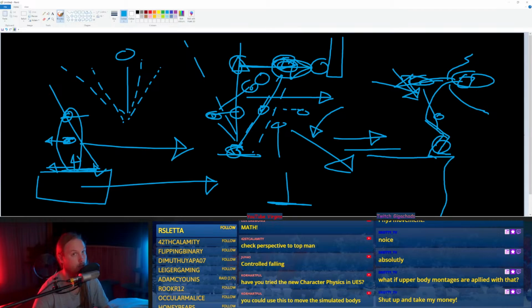So you could actually do it physically rather than using additives. Which would be more accurate, like the physical representation.